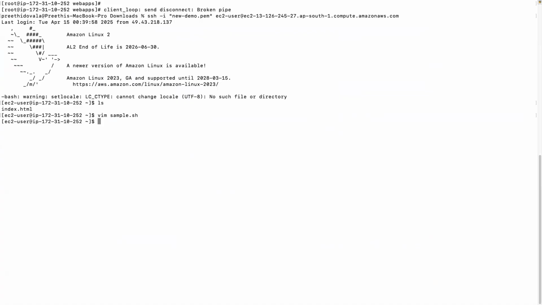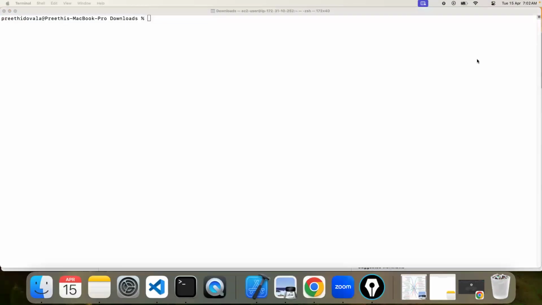So now let's talk about something called shell scripting. Sorry, SSH, which is a secure shell. Let's talk about SSH. What is SSH? It's a secure shell, a transfer protocol, with which you can